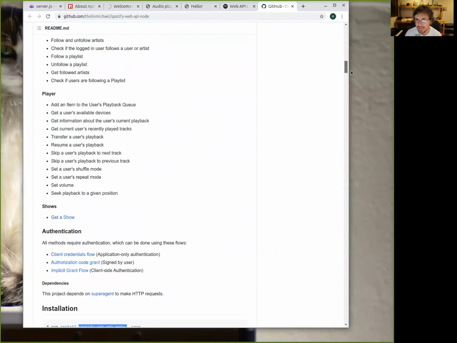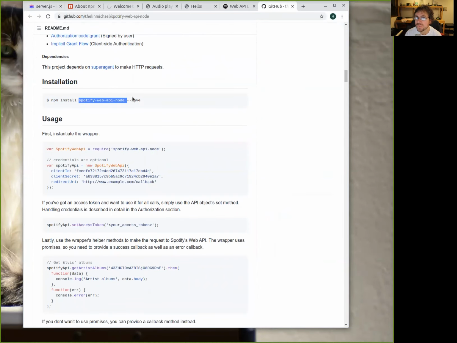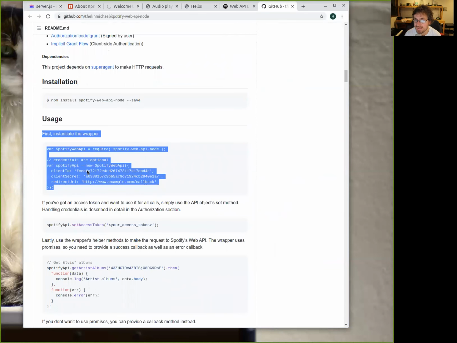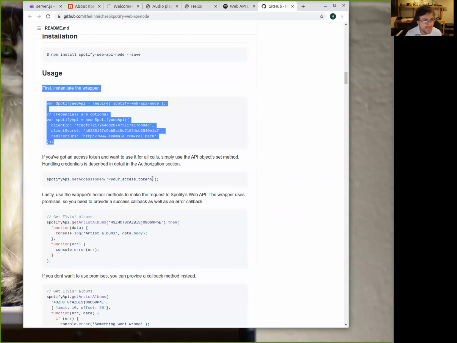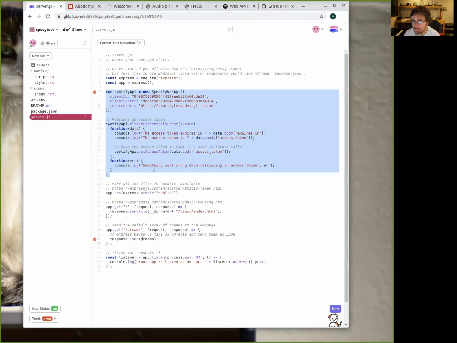And then these people tell us you need to install it, if you are on the server, in the other way that we did. And then this tells us you need to put this. Okay, that's it. Once you have that, now you can do the access token, the connection to the access token, which is already in our code here. Spotify, set access token. That is the one that we have here. Okay, does that make sense?